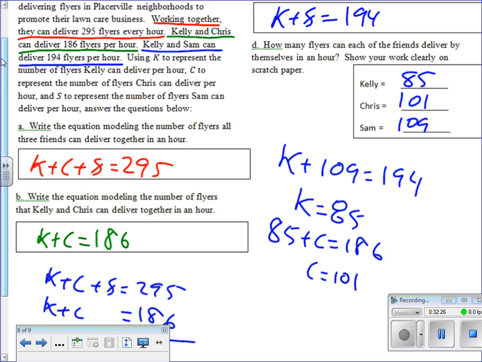That'd be the only way that they would be working at the same pace. Do not assume that. I have students every year. They're either not paying attention